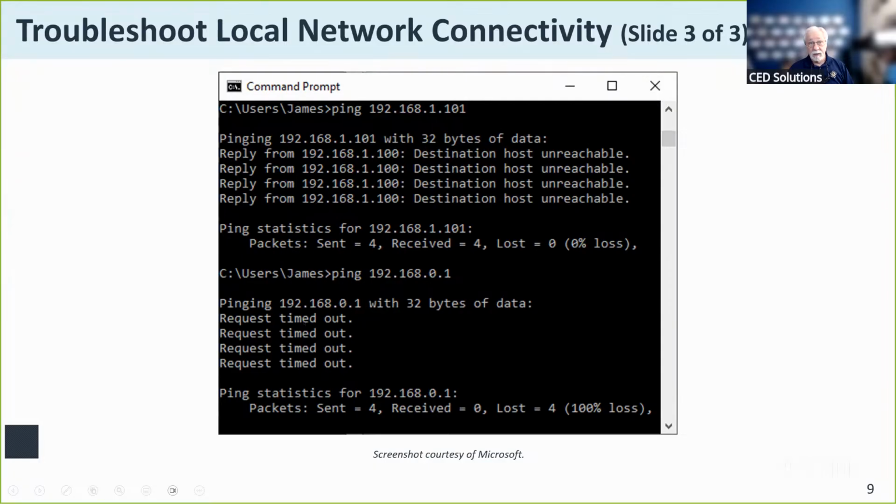Now that timed out message here is a little bit different. That may have been one of the hops along the way. There were too many hops, and it exceeded what's called the time to live, TTL, function, which says, well, I'll allow you to go through 11 routers before it drops the packet off the network and times out. It didn't make the trip. But this one here just says there's something about that host you can't reach. All four of them came back telling me that, so then you would want to do further investigation.